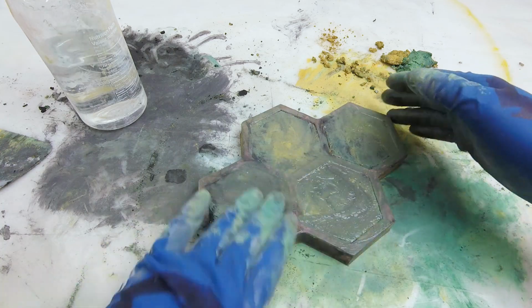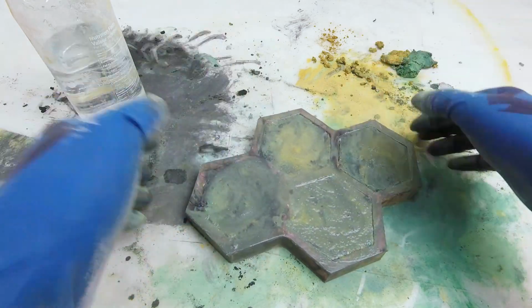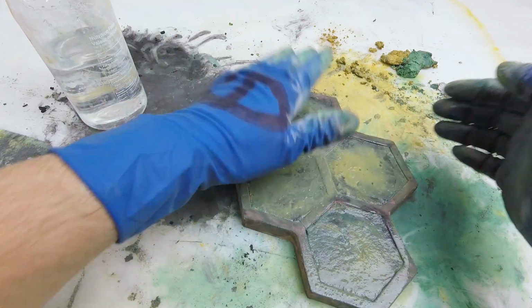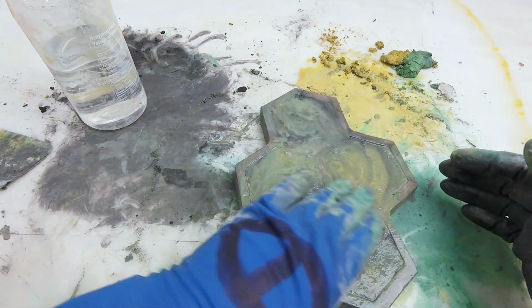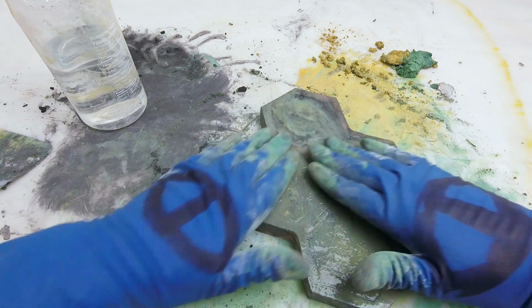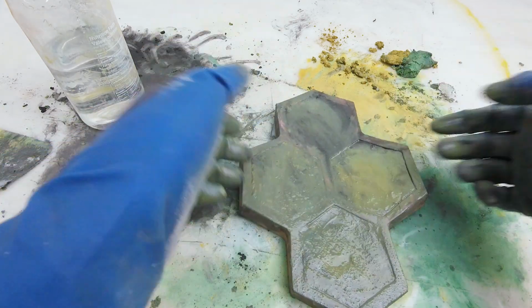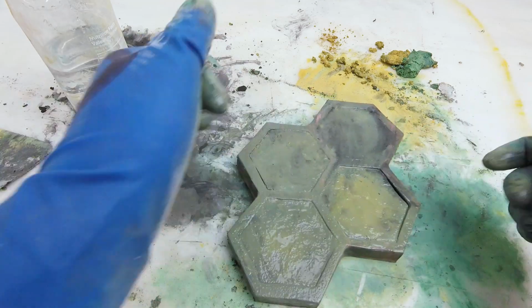Yeah, does that look messy? It does. Just making sure. Getting the last, I want these as level as possible. So yeah, do a little water. Maybe a little too much, but just